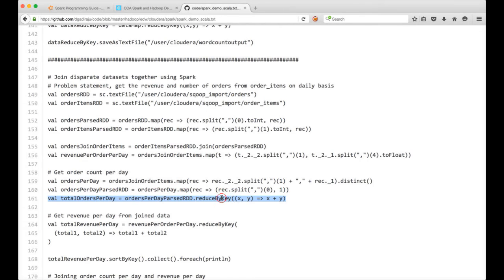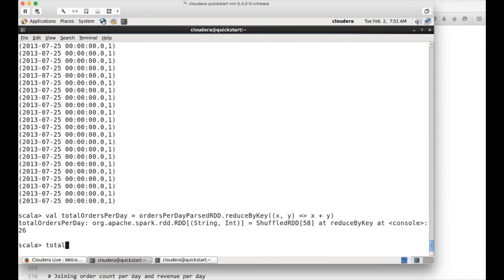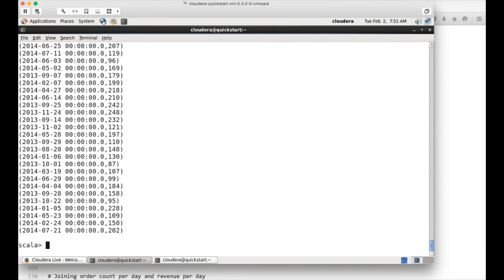So for now you can just copy this and paste it here, and now you can do orders per day dot take of 100 for each println to review the results after applying the aggregate function reduce by key on the total orders per day. Now you can see that for each date we are getting the number of orders,